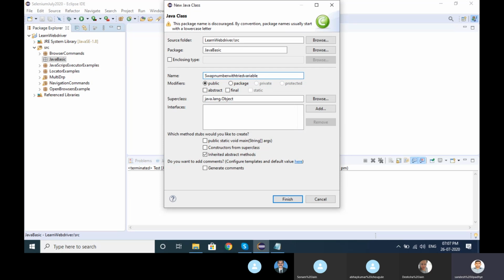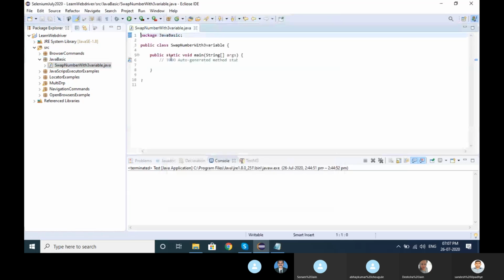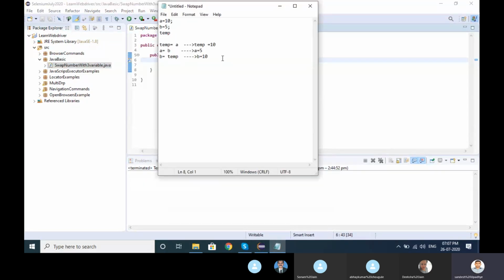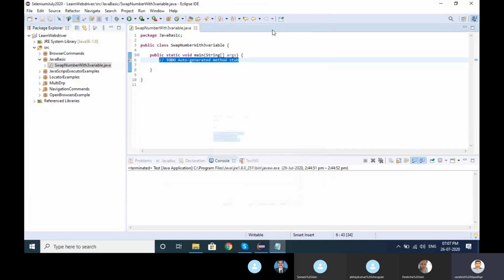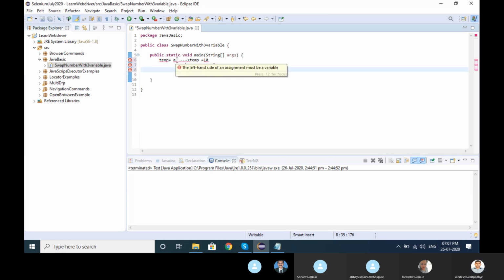So the same thing I'm copying here. Let me copy this. I have to format this value to look like this.